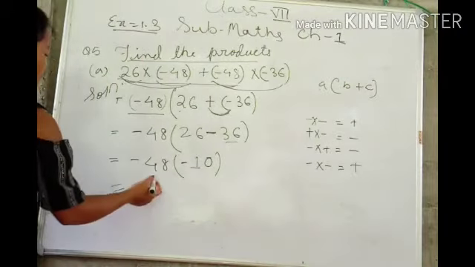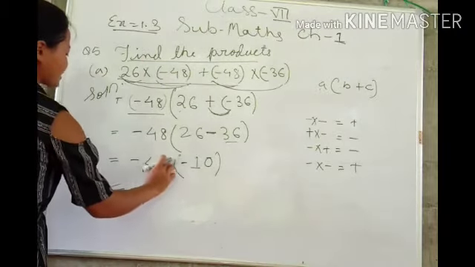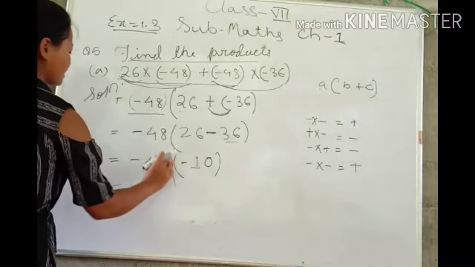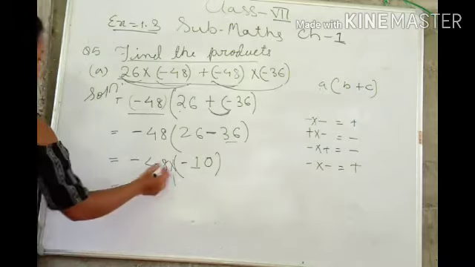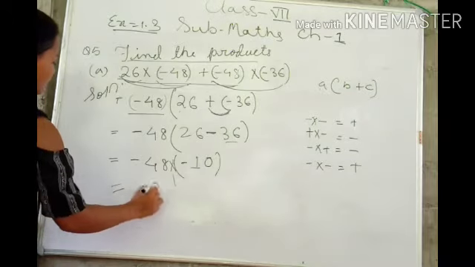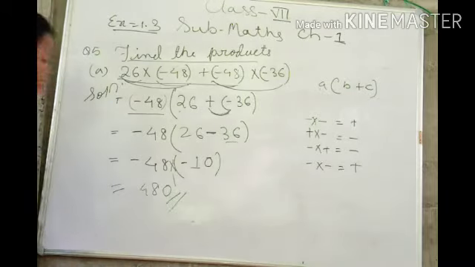Now 48, here there is no sign. You cannot see any sign here. That means there is a multiplication between 48 and -10. So 48 into 10, how much will you get? 480, and the sign will be negative. Now the next question is